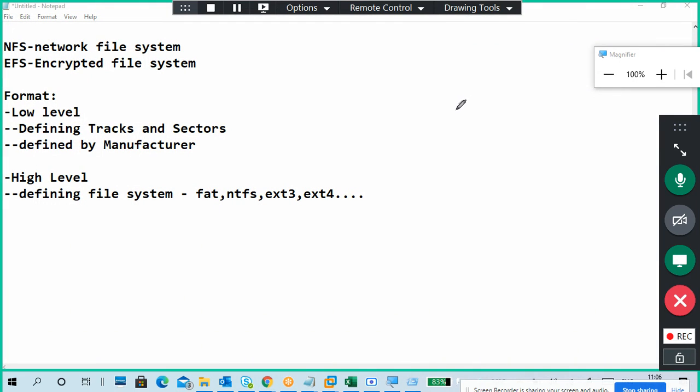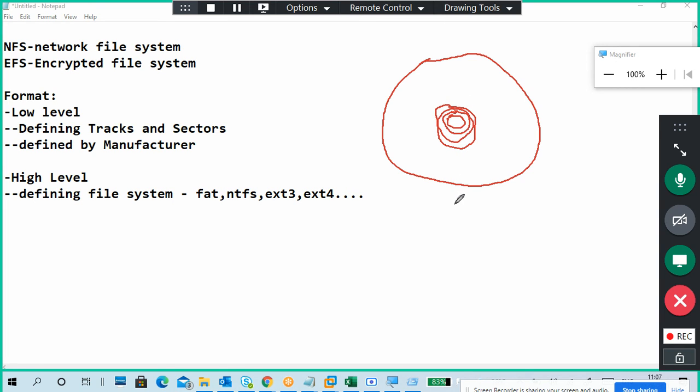This is your platter. In this platter, the magnetic coating will be like this, track-wise. Lines will be drawn in the magnetic coating. These rounds are nothing but tracks, and they will keep going like this.